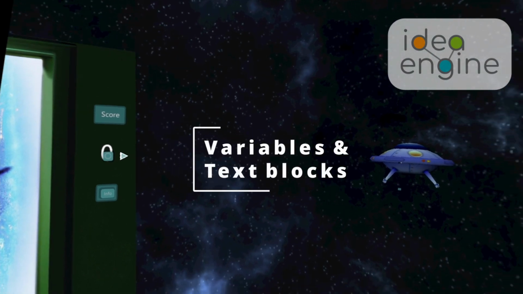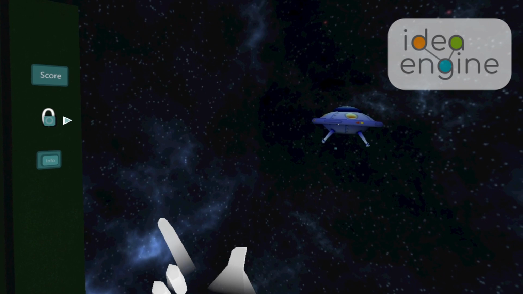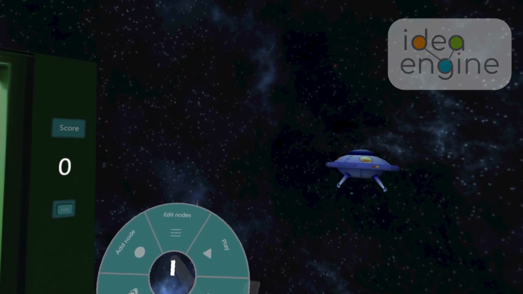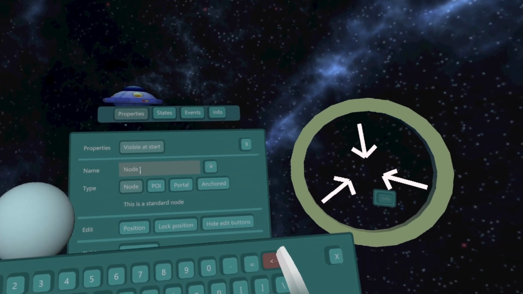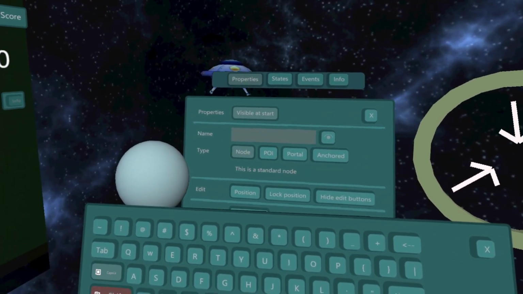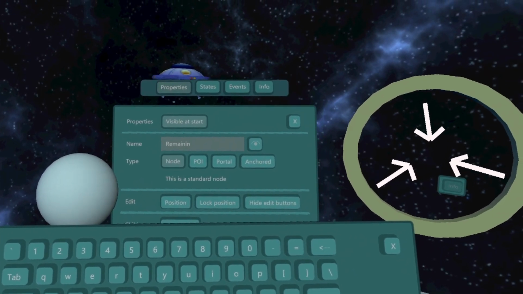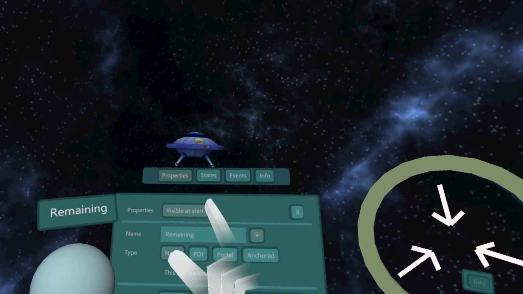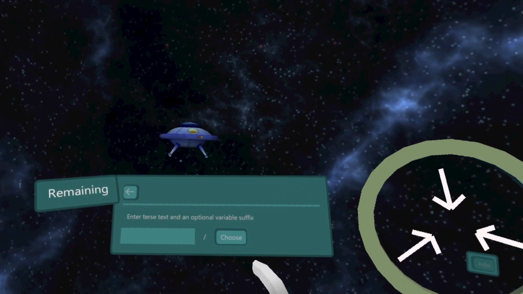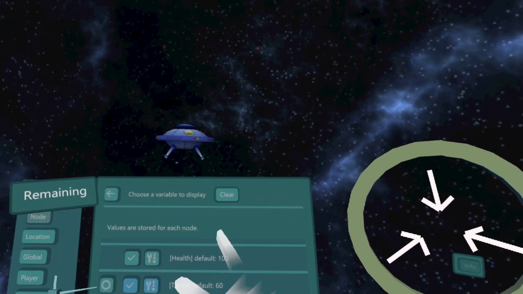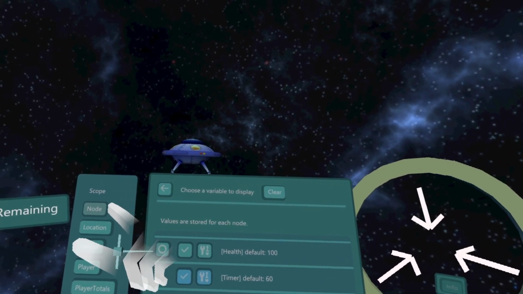To make this into a proper mini game, we're going to need to keep score of the ships we've hit, and I'm also going to add a timer to add to the challenge. So we're creating a new node. We'll give it a title of remaining. We'll show the title. And for the state, it's going to be a text node,